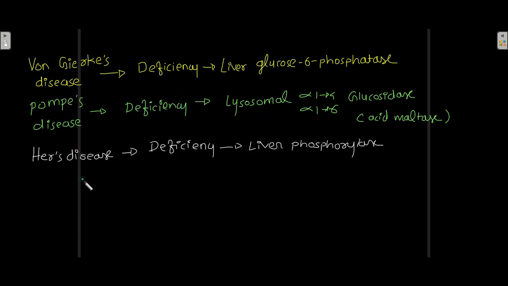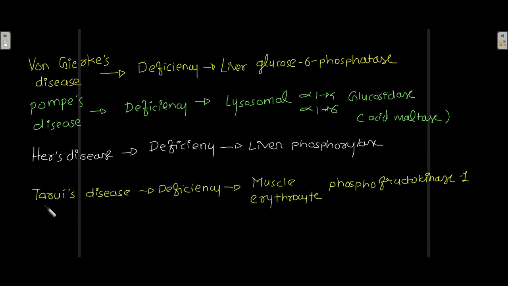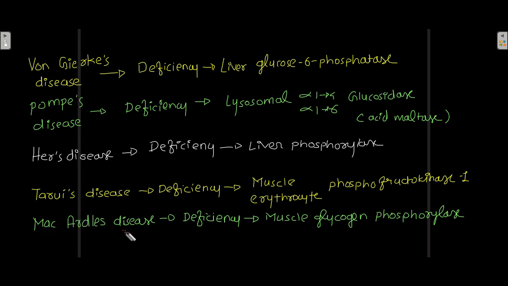Now, Hers' disease occurs when there is deficiency of liver phosphorylase. Tarui's disease occurs when there is deficiency of muscle or erythrocyte phosphofructokinase 1. If in your muscle cells or in your erythrocytes there is deficiency of phosphofructokinase 1, then Tarui's disease will occur, which is another glycogen storage disease. McArdle's disease is another glycogen storage disease which is caused by the deficiency of muscle glycogen phosphorylase. So in your muscle cells, if you have deficiency of glycogen phosphorylase,